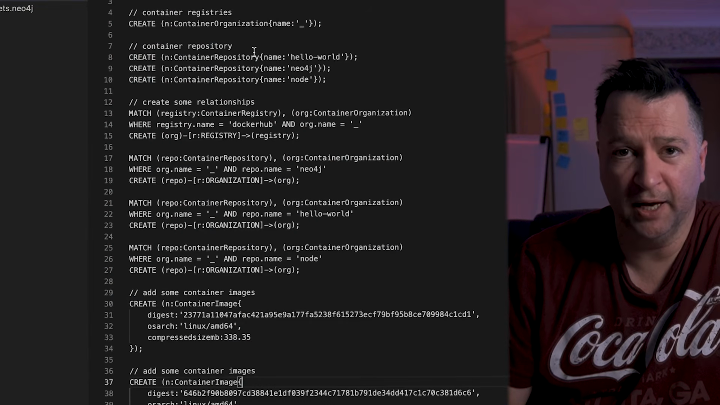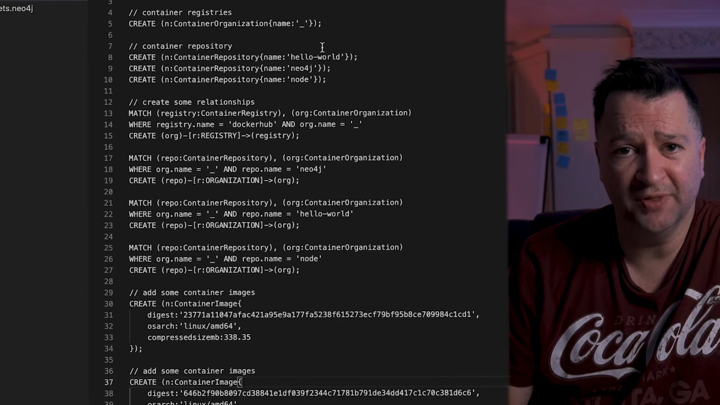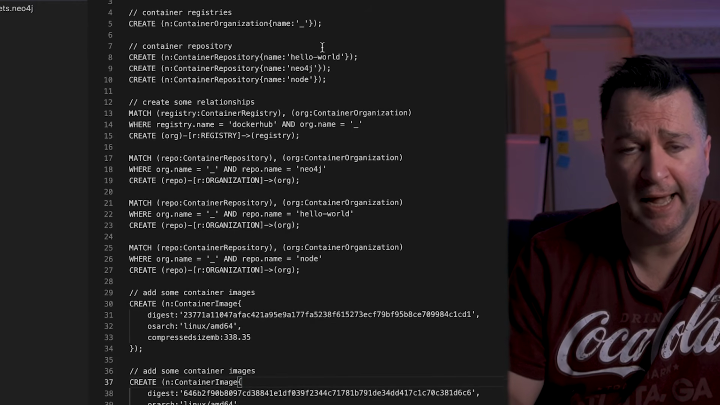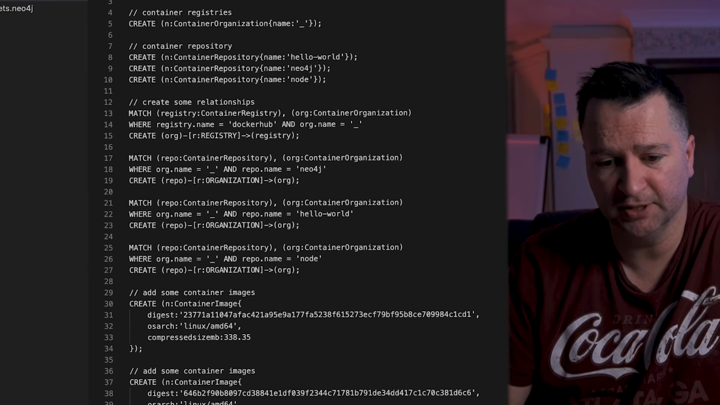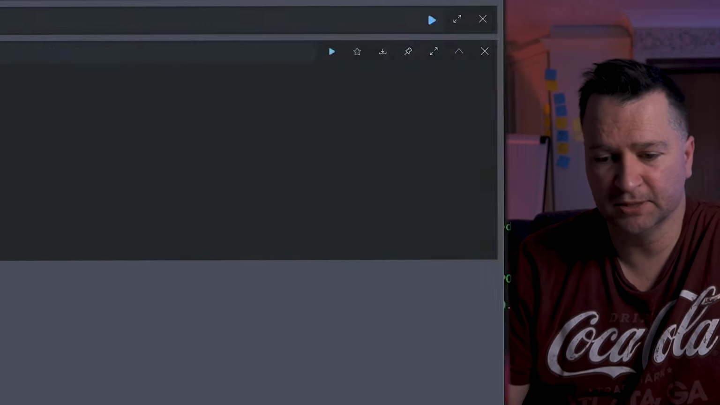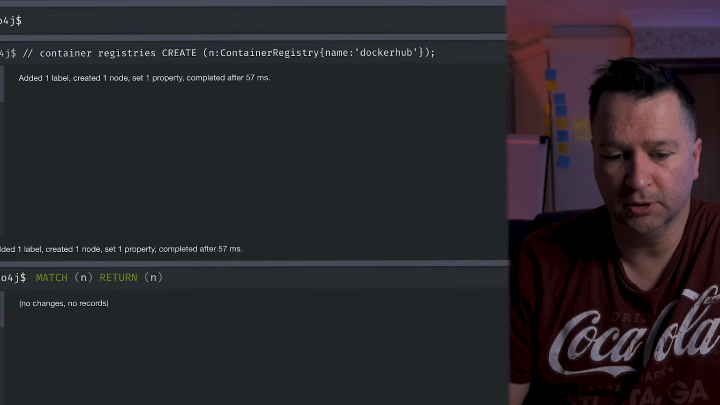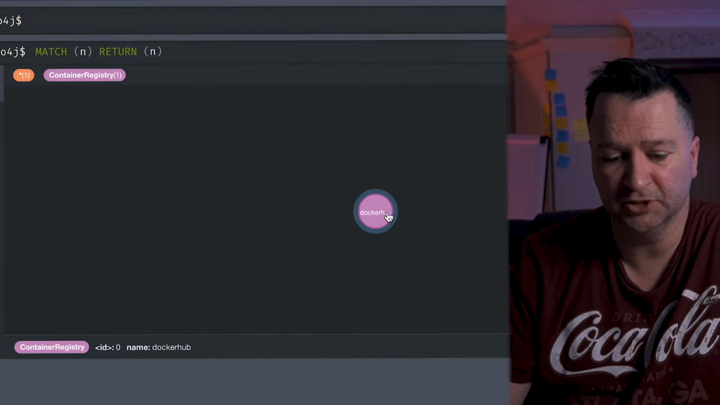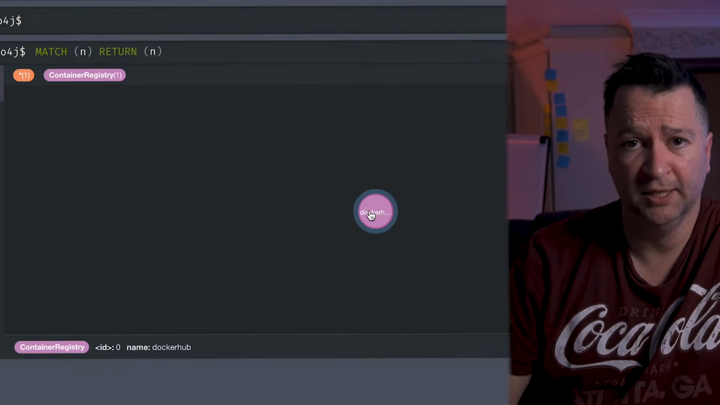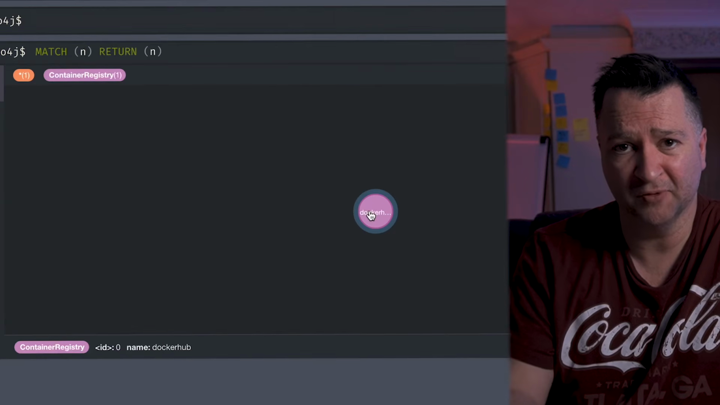So what we're going to do now is start building up a representation of this Docker estate in my graph database. So the first thing I'm going to do is create myself a container registry. So if I just type in this, we'll hit play, and we can return match. And you'll see I've created a node called container registry, which is Docker Hub. So that is where I got my neo4j image. If you remember at the beginning, I got that from the Docker Hub